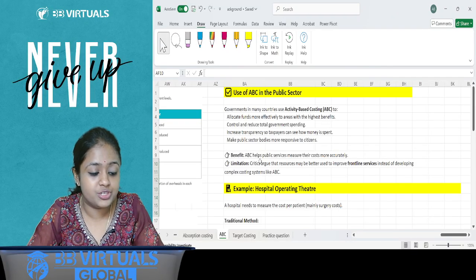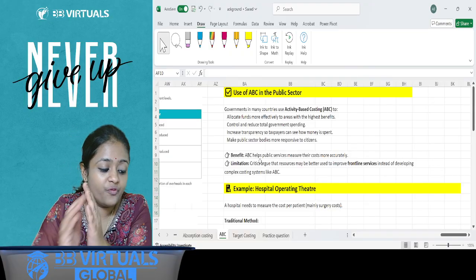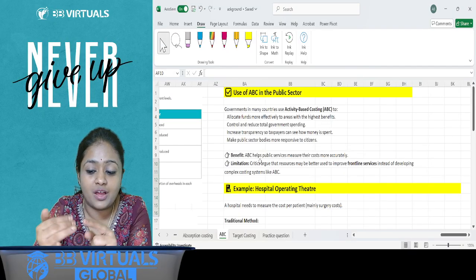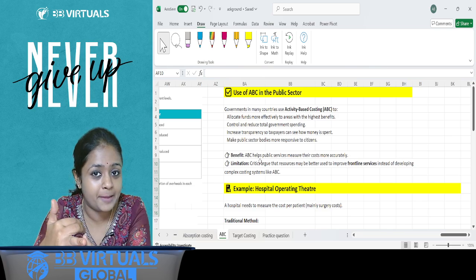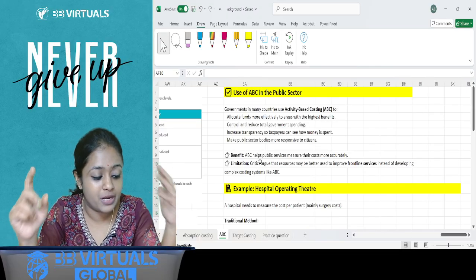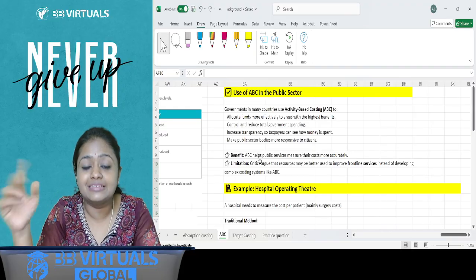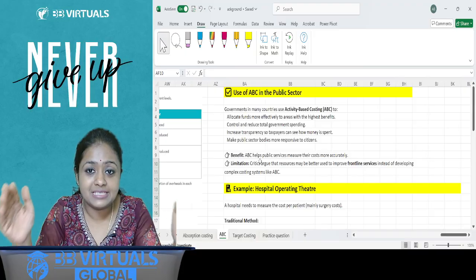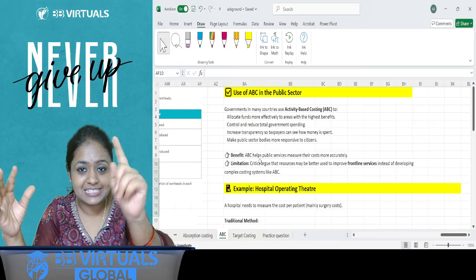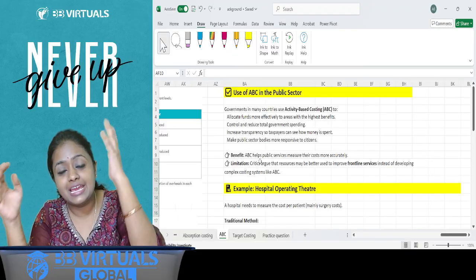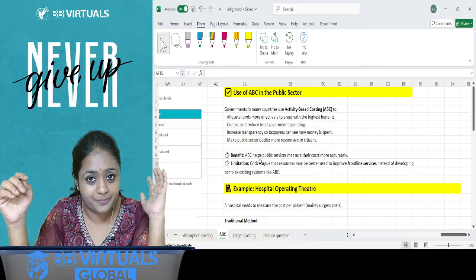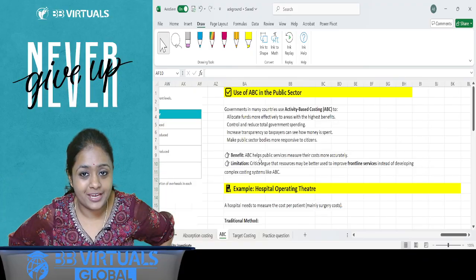Any queries, any questions, you can put them in the chat box. So far for ABC, we have covered the calculations and the steps. Now I'm sure the steps are on your fingertips. Any questions, any challenges, put them in the chat box and I'm going to answer them. Last pointer of ABC, and then we are going to discuss target costing. One of the most key areas, in section A and section B. Take it with almost certainty that you will have a question from target costing. So let's unlock it as well.